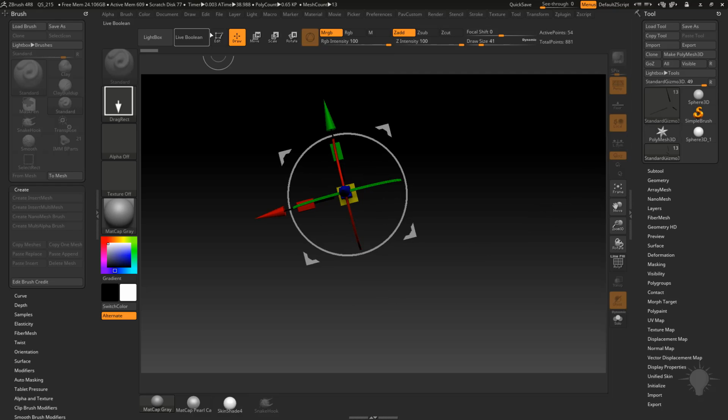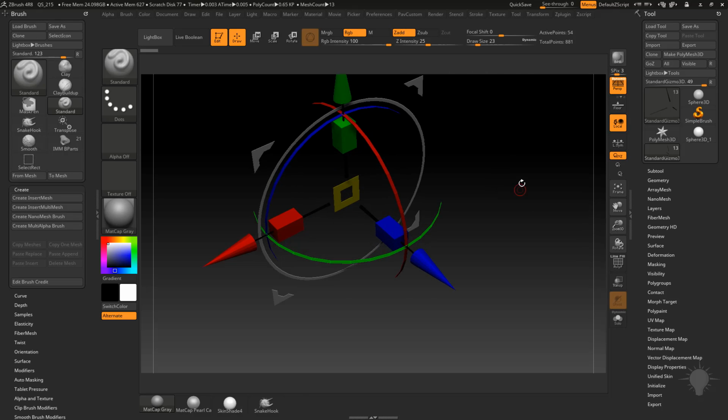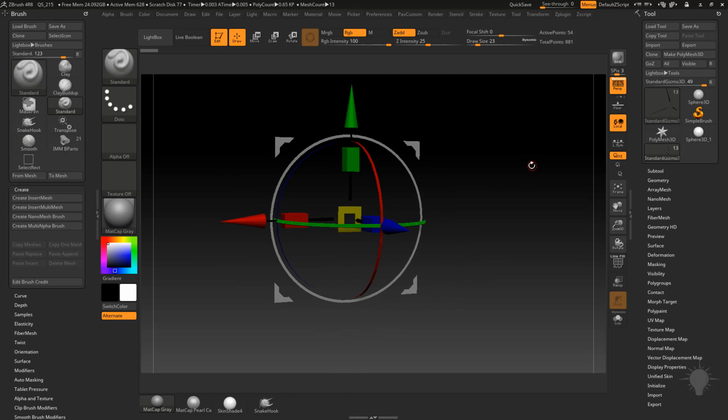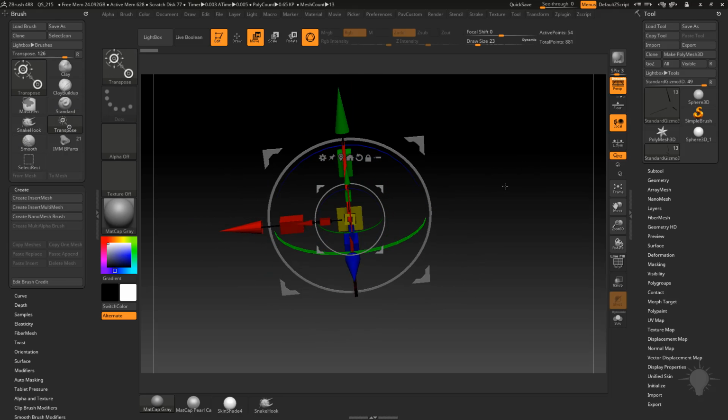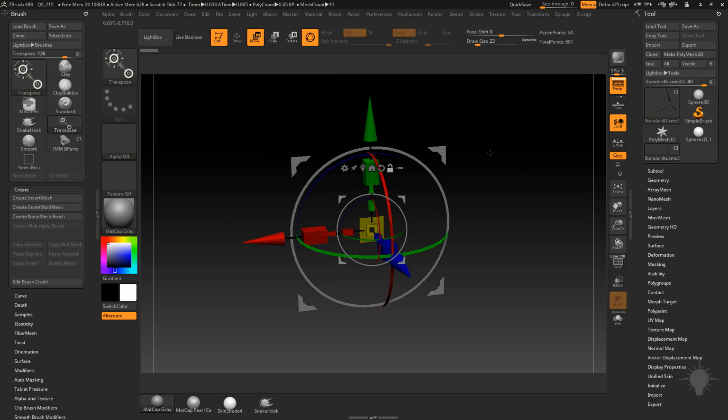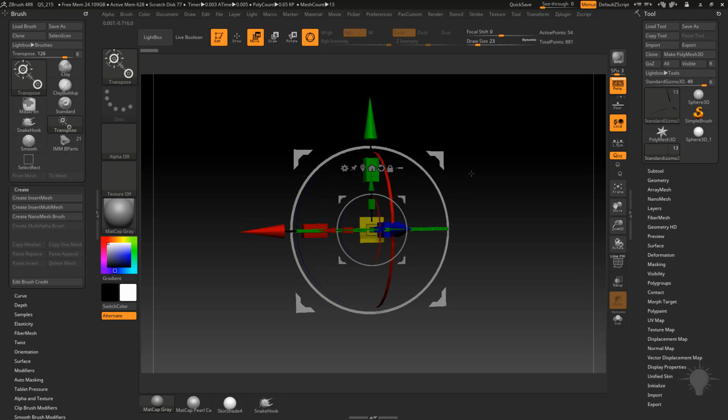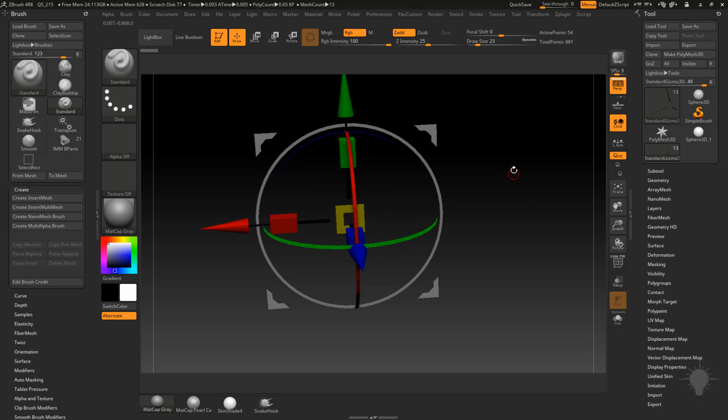So if I drag this out of my document and go into edit mode, you're going to see what we have is a gizmo, and if we hit W, here is the actual gizmo, and here's the gizmo as a 3D object that we can manipulate and change to customize to our own liking. So let's talk a little bit about this. I'm going to hit Q to go into draw mode to get rid of that gizmo temporarily,